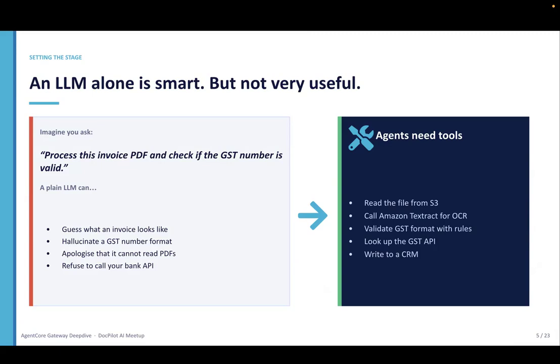The reason this cannot be done in an LLM alone is that with an LLM, you are just giving an instruction. But in an agent, you can create a proper system flow. Say I upload a file to S3 from the UI. Then the OCR extraction will happen, and then you have a validator. The validator will check whether the OCR is able to extract some content. If not, it will call the fallback, which is going to call the LLM. This way, I am not bound to any kind of immediate failure.